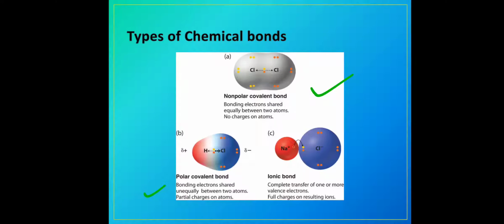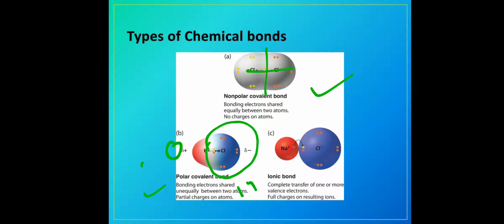So here we have 2 atoms of chlorine which are of equal size. They have equal number of electrons and a shared pair of electrons, that is 1 each from both the atoms. So in the case of chlorine, the pull is equal. If you see the force of attraction, the pull is equal on both sides. And if you take an example of a hydrogen chloride molecule, hydrogen atom is very small and a chlorine atom is much larger because hydrogen's atomic number is 1 and chlorine is 17. So because of the difference in size,